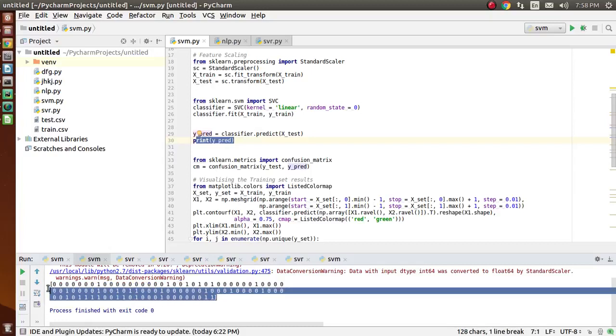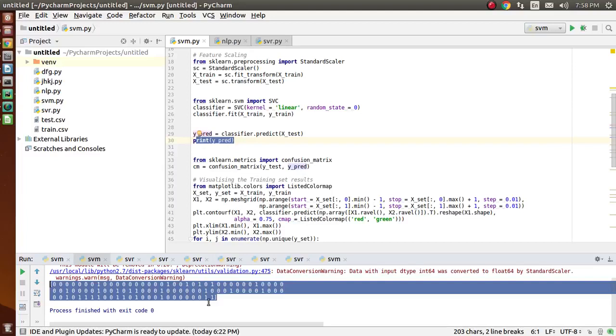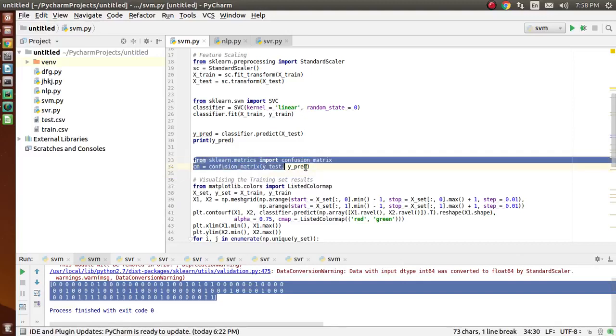In this matrix, 1 refers to the person who is actually interested in purchasing our product, and 0 represents the individual who is not interested or who can't afford purchasing our product. Now here we have created a confusion matrix.